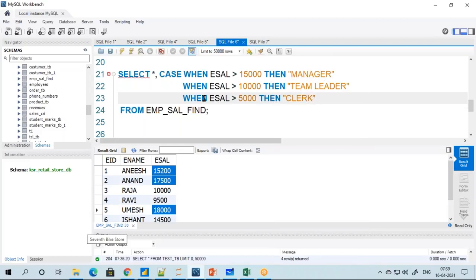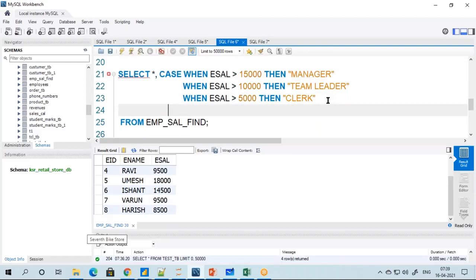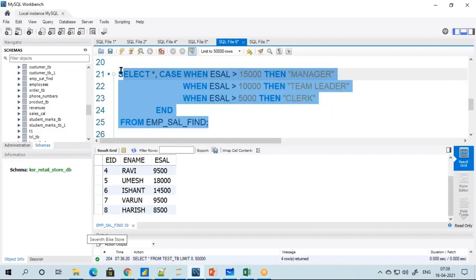Now, it will check if it is greater than 15,000, it will give the name manager. If it is greater than 10,000, it will check what name I have to give: team leader. So you have started a case statement, so obviously you have to end the case statement. It will be end. Okay, so if I run this now,